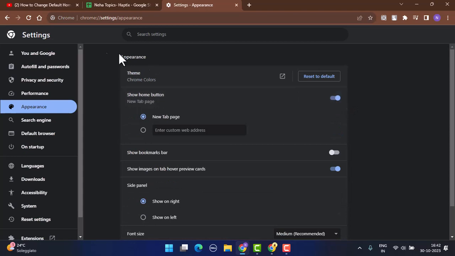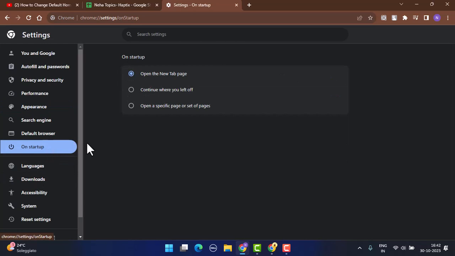And as soon as you've done that, you can see in the top left hand side corner, this home button located. Now what you need to do is enter in the custom web address. So basically you need to paste in the link that you recently copied. After you've done this, go to on startup, which is right at the bottom, and once you've done that, you'll